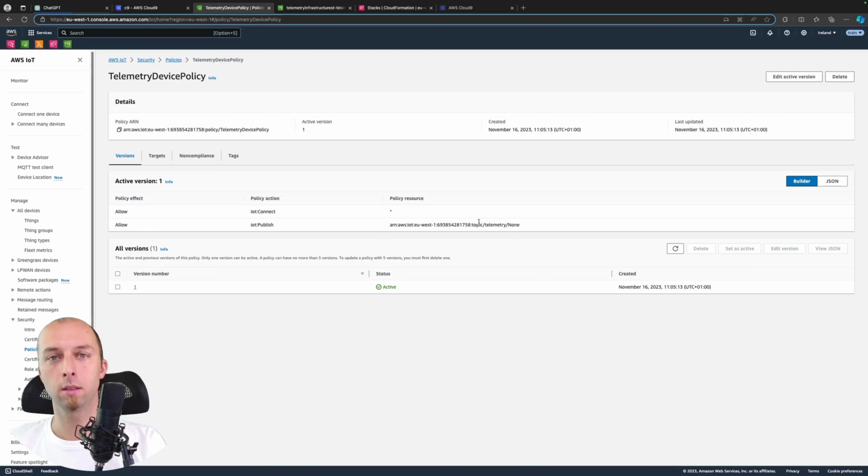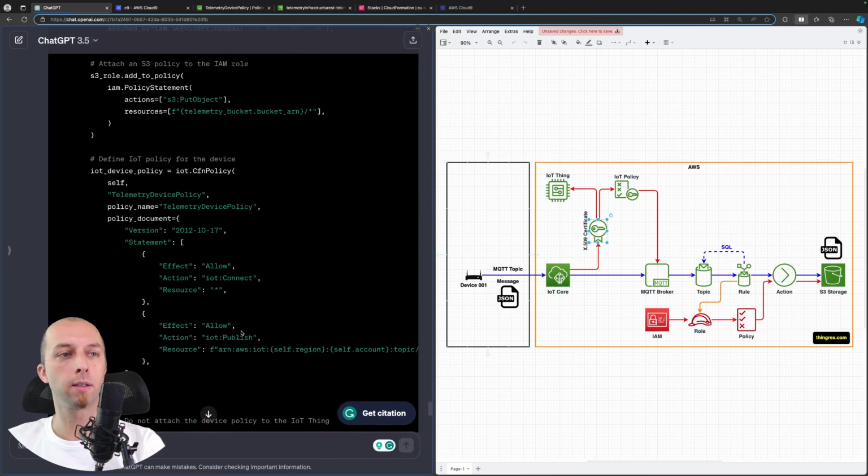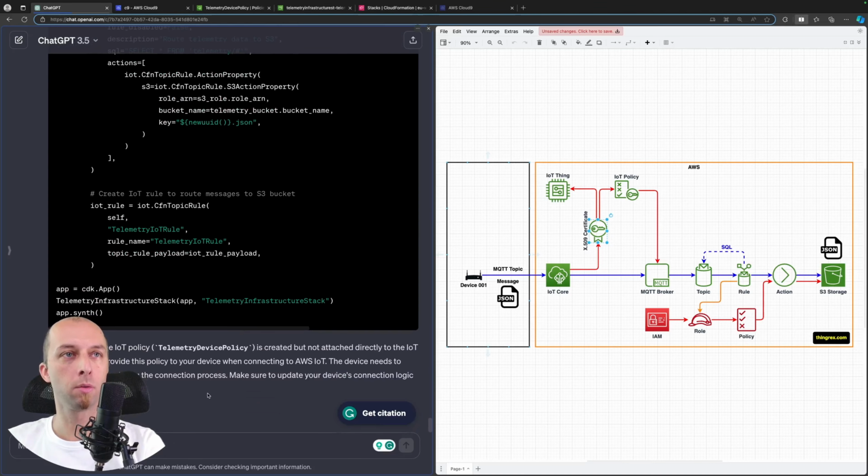That makes the whole setup complicated, and there are better ways to handle that. A better way is to use, for instance, the IoT policy variable instead of hard coding the name itself. So let's try to ask chat to use the IoT policy variable